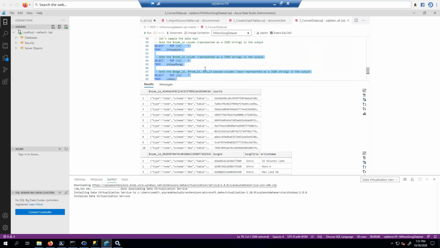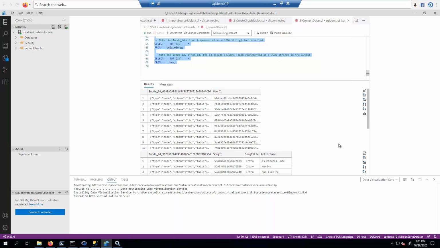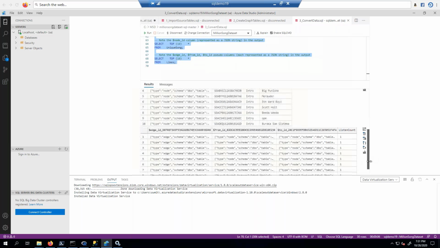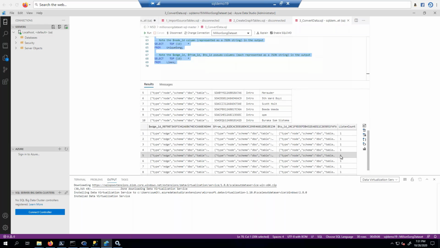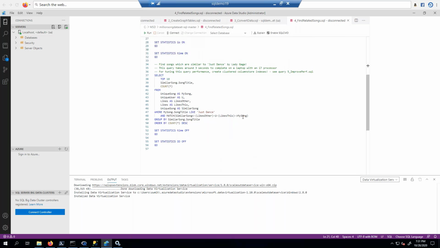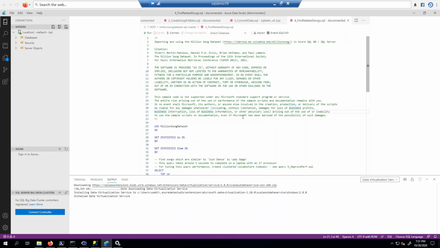And then we got the other one, which is the likes. So likes is an edge table, if you remember. It says which song, so edge ID, from ID, to ID, etc. And then how many likes we got. So that's my 3 queries, going to go to 4. And this is the power of graph.